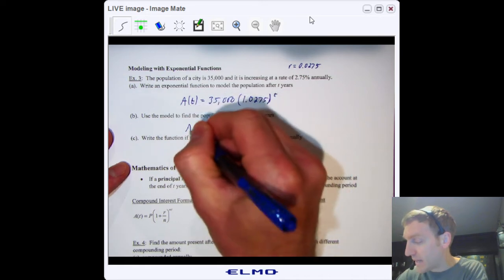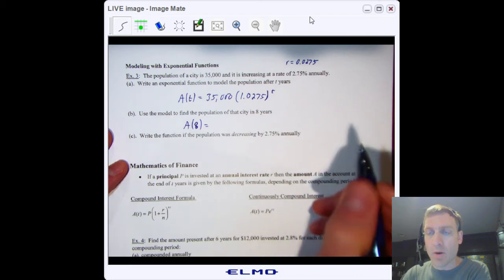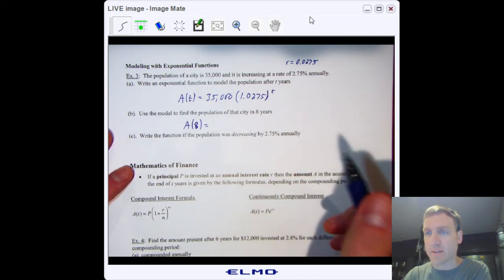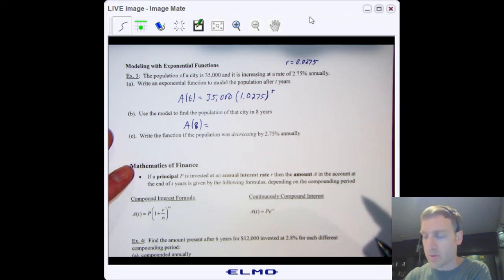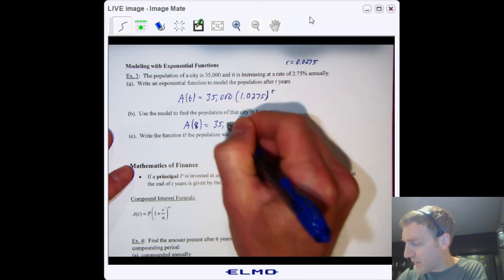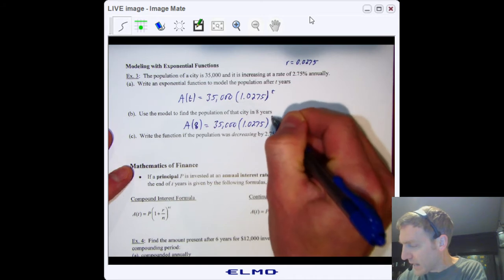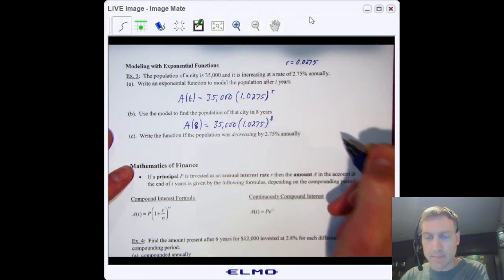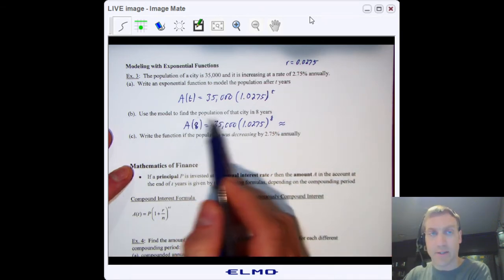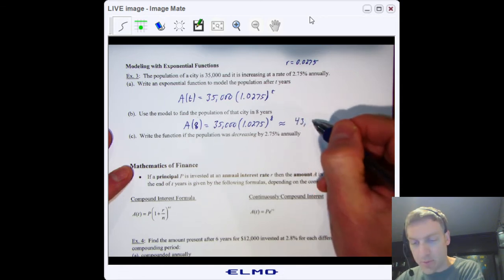So I simply want to plug in 8 for t, right? And this is where you will need a calculator, okay? If you don't have a graphing calculator, just any scientific calculator will work, anything that can do exponential functions. So a calculator on your phone or on your computer, any of those will work. All right, so just plug in 8 for t, and you're going to have 35,000 times 1.0275 to the 8th power, okay? And plug that in the calculator and round to the nearest whole number, right? Because we're doing population, you can't have a fraction of a person. So round to the nearest whole number, you get